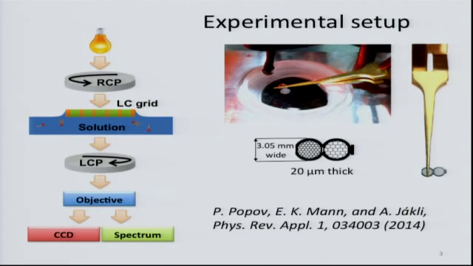Then we also found that it's beneficial to use circular polarizers together with linear polarizers. So we have a pair of circular polarizers here that distinguish left and right circularly polarized light. And then we also used a spectrophotometer to analyze the resulting light that propagates through the system,